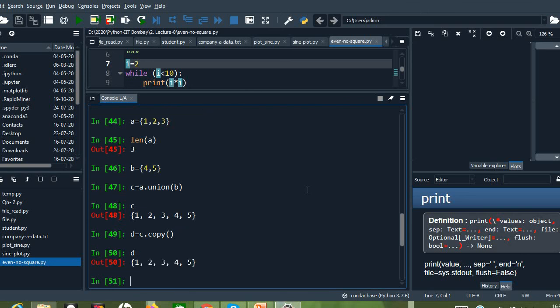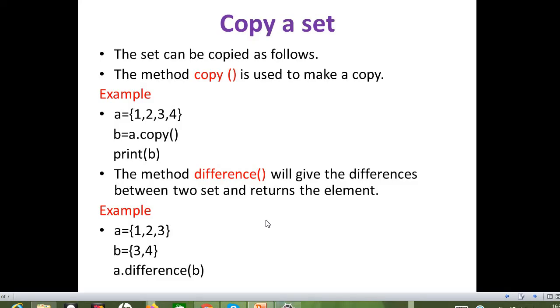So if I give D, you can see that all the elements available in C are copied to D. So remember one thing, since we are using the copy method, once the set is copied to another set, whatever changes we do with C will not be reflected in D, which means both C and D sets are located in different memory locations, right?